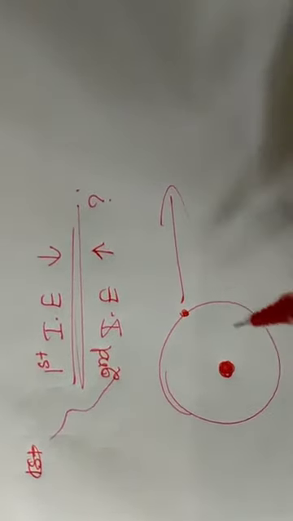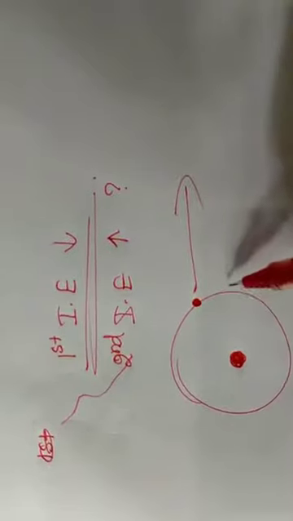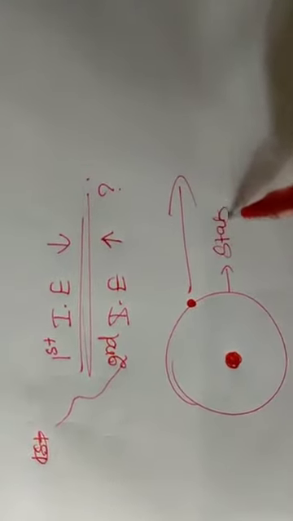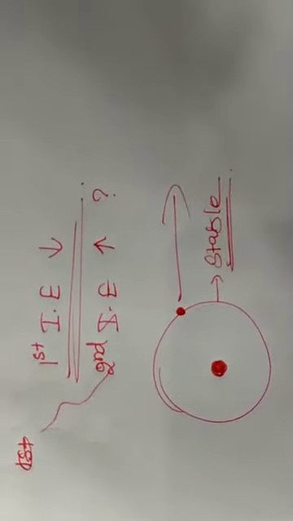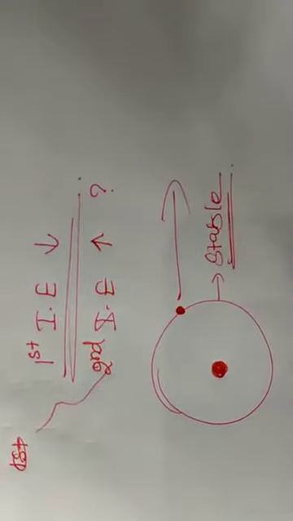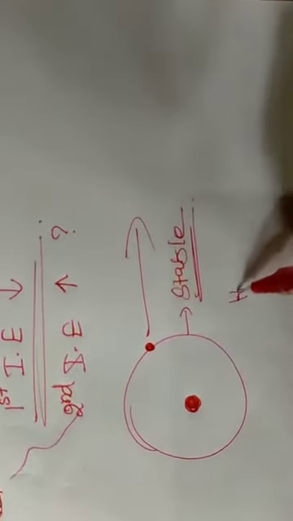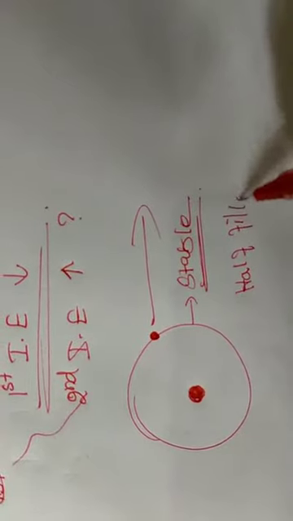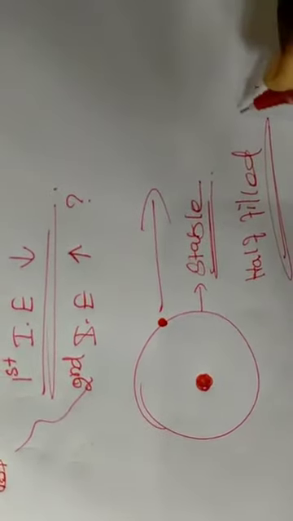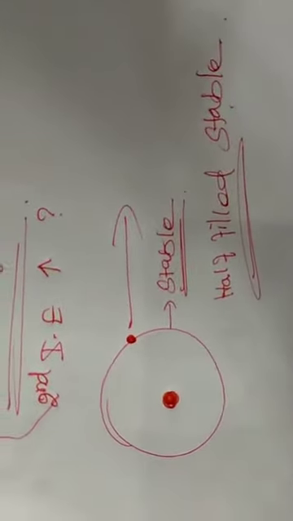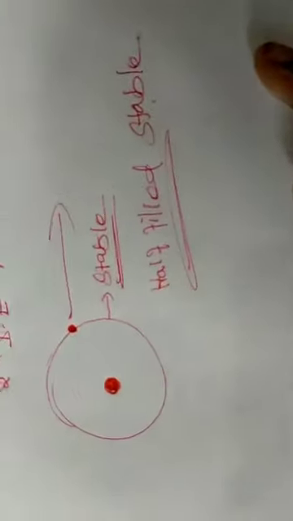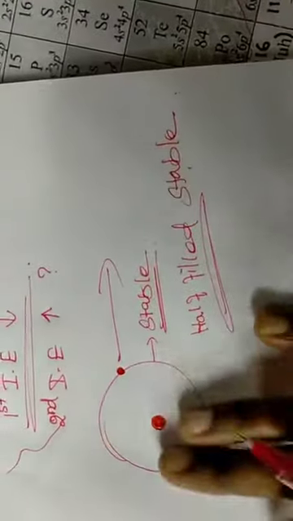It needs more energy, which means it is a more stable orbital. The stability of orbitals, you learned this in the second unit: half-filled and fully filled orbitals are generally more stable than unsymmetrically filled orbitals. The same theory is applicable to the stability of electrons in the ionization enthalpy of